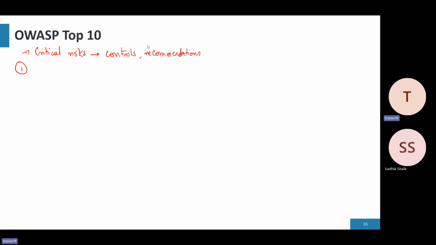So the first area, some of the critical security risks that are part of this project, is injections. It could be the injection attacks that might be happening. We have seen what injection attacks are, right? It is where you try to insert certain kinds of code through some of these input formats or input mediums